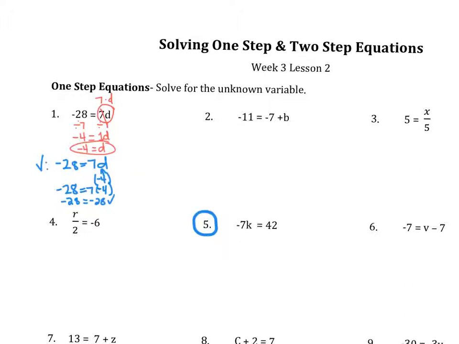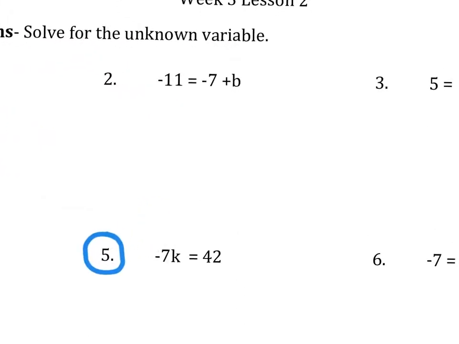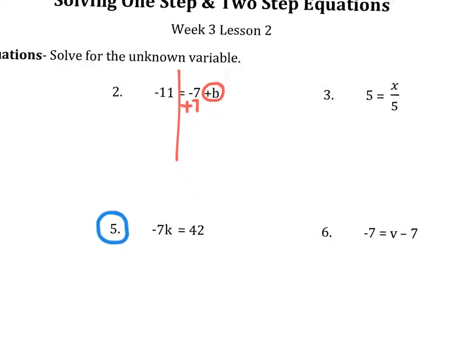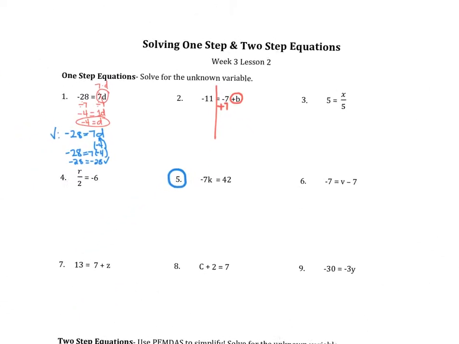Okay, let's get ready for the next problem. We're going to work on number 2. Here is the letter that I want by itself, plus b. Remember to take the sign with it. So that means I have to get rid of this minus 7 or this negative 7. So in order to do that, I need to do the opposite to make it a 0 pair. So if it helps, draw a line down the middle, through all your equal signs. Let's do that now,